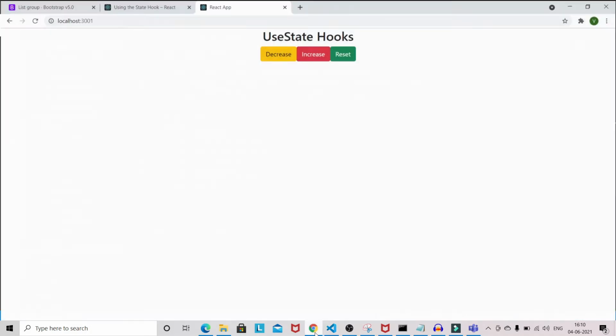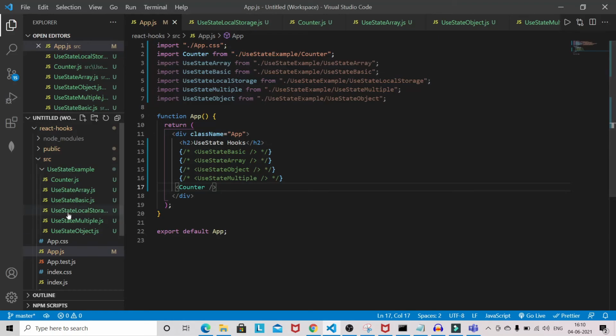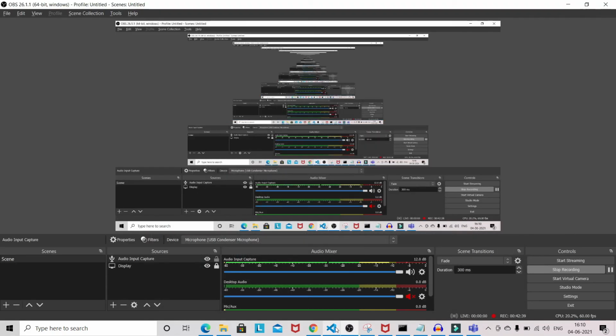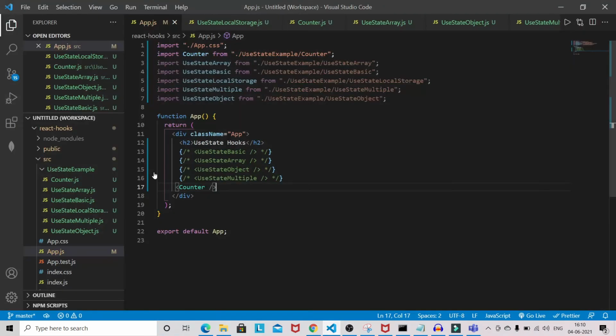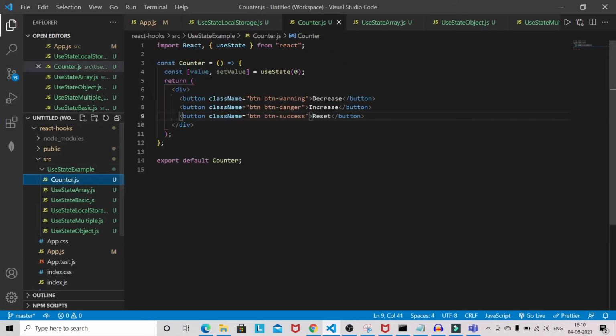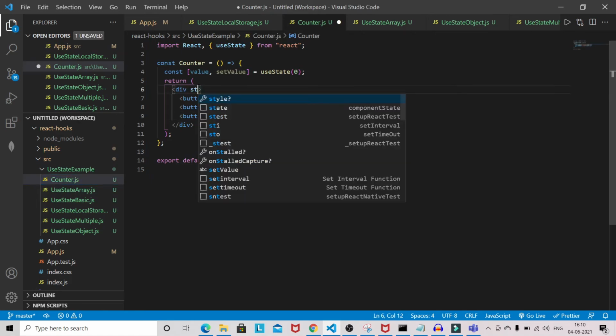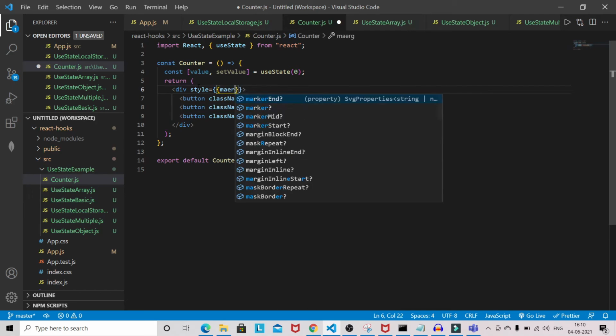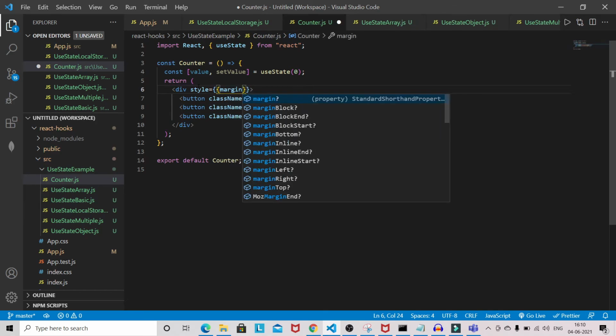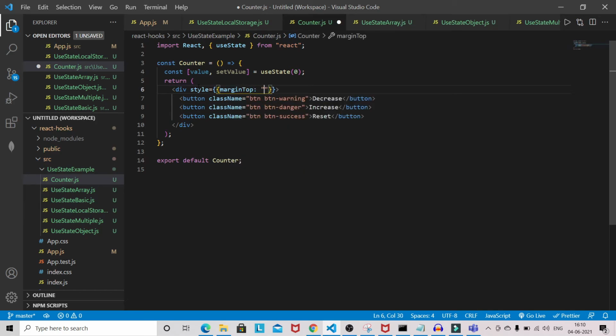Let's see in the browser. Now we need to provide some space between these buttons. So come to here, first give the style margin top 50 pixel.